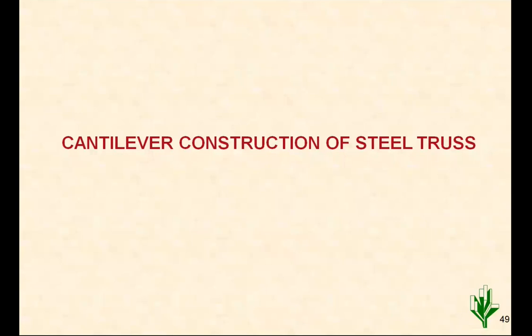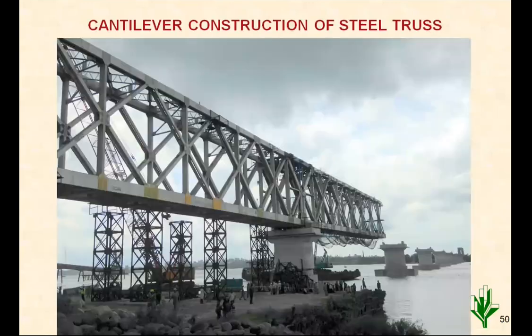So to understand this, we have taken this example. Say this is a Patna bridge for railway. You will understand that the first span on the land side, this is the land side, and then there is the Ganges. So the land side span is completed using conventional staging. This span is completed. Okay. Then the erection of the second span is going on.